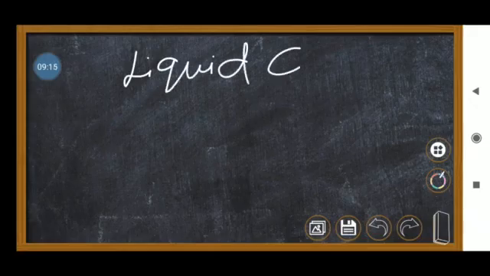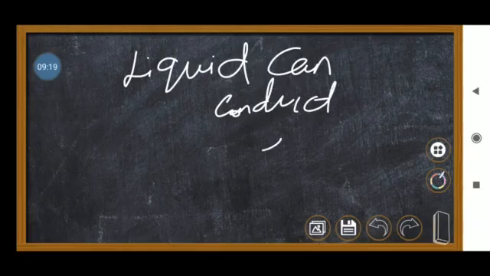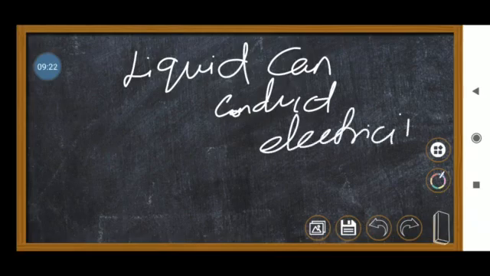So far we discussed that liquid can conduct electricity. So we conclude that liquid can conduct electricity. Now, how can we check if only a very small amount of current is there? The bulb is not glowing, sir, but the current is passing, because I have connected some metal piece, but the bulb is not glowing. So what do I have to do? How can I prove that even a small amount of current is passing?